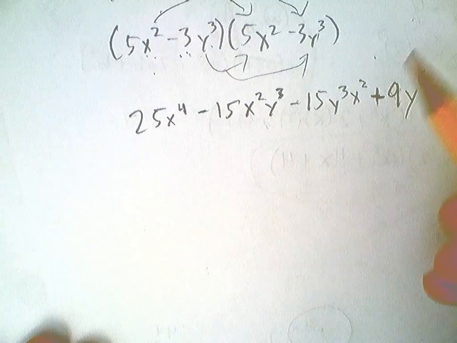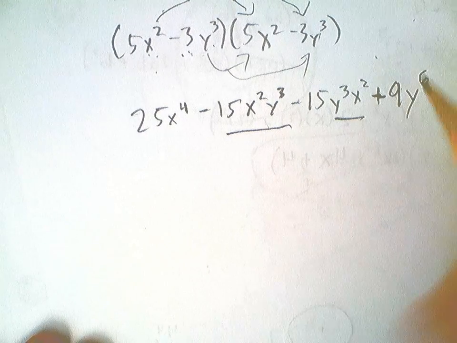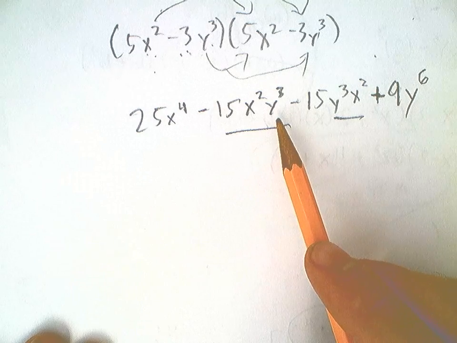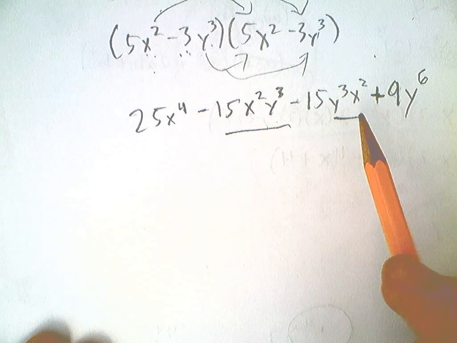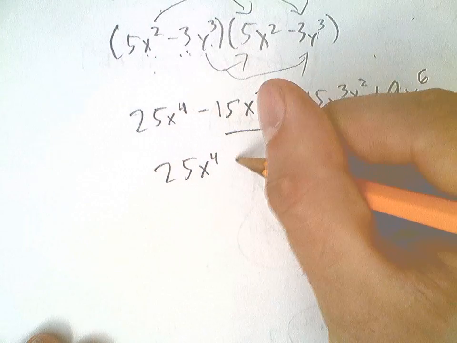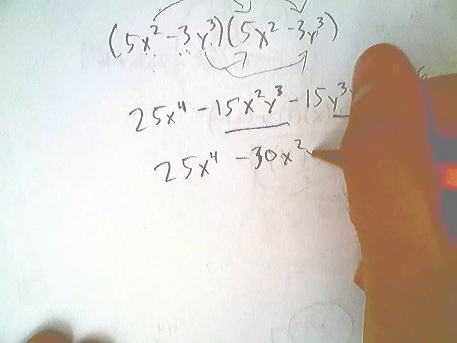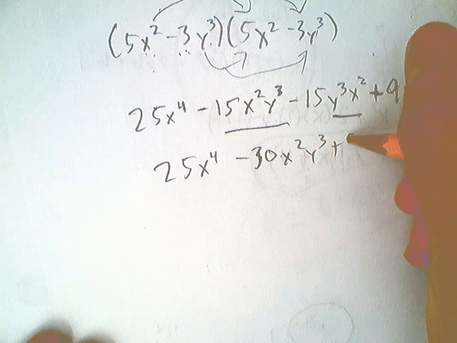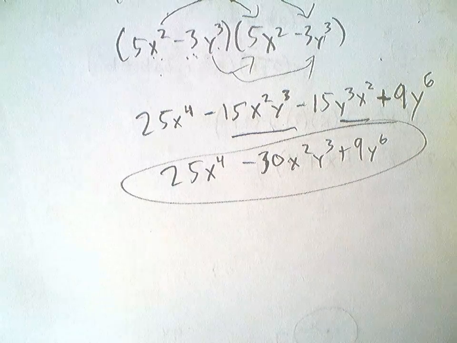All right, last thing we've got to do is combine our like terms. To do that, we have to understand that x squared times y cubed is the same thing as y cubed times x squared. So these are, in fact, like terms. So we've got 25x to the fourth minus 30x squared y cubed plus 9y to the sixth. And that is answer choice